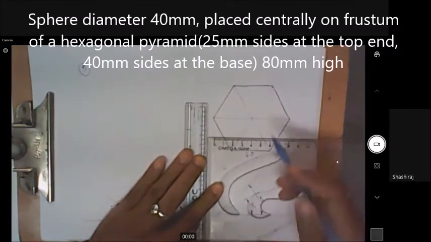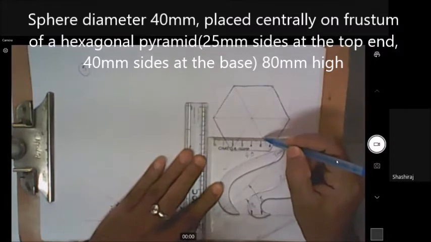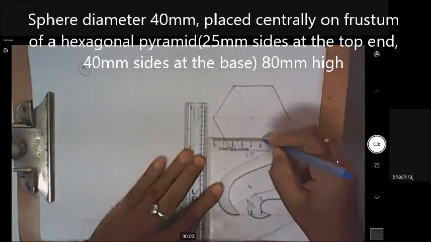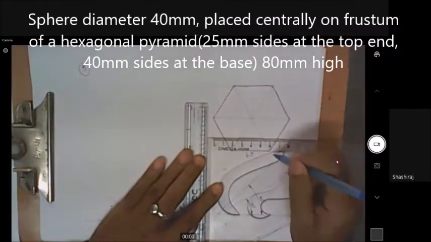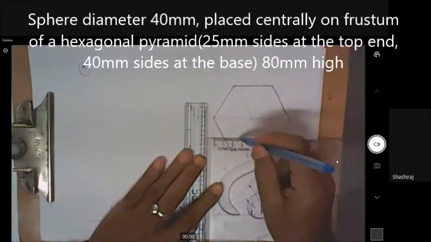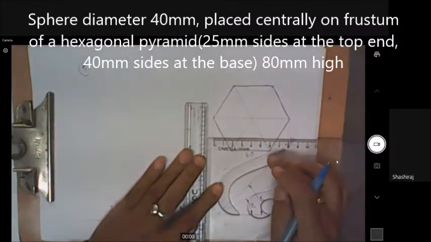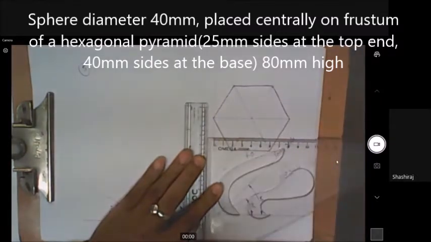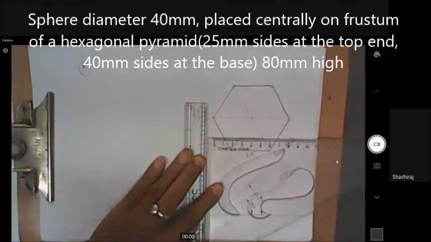24, 25. Somewhere here. Yeah. I'm drawing the 25 mm side here. See this line and this line, those are the boundary, and you have to mark 25 mm here. It is very easy when you draw it using a drafter, but it may be a little difficult here for measurement. But anyway, you draw it approximately 25 mm.